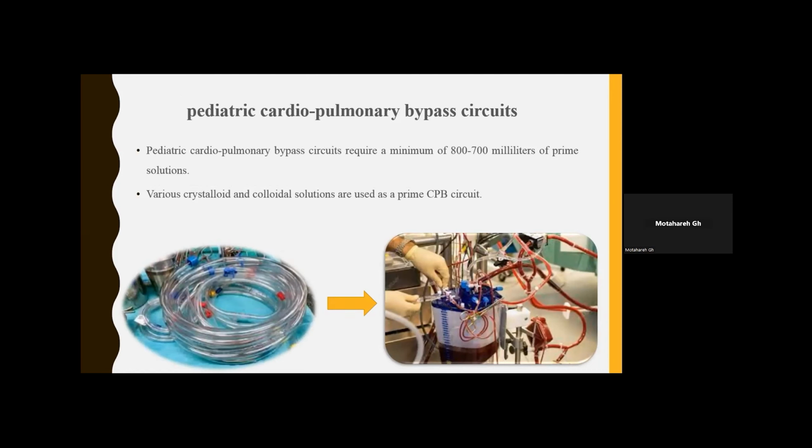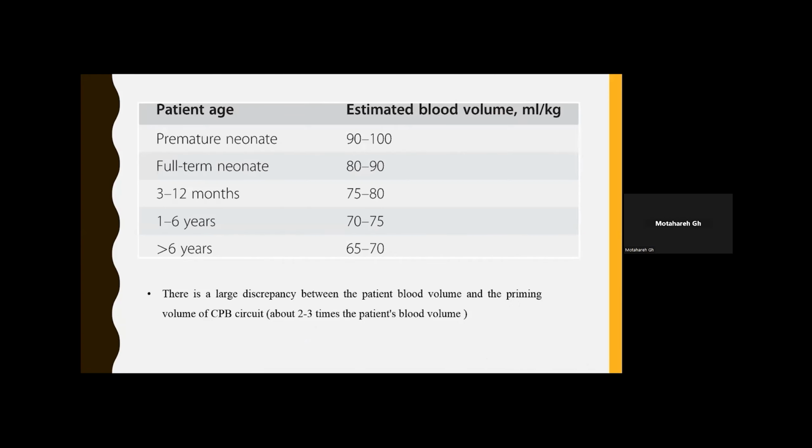Priming means the airing of the CPB circuit is done by solution. It consists of a mixture of crystalloid and colloid. Priming causes hemodilution, which improves flow during hypothermia. I must point out, children have a small body weight and blood volume. So the priming volume of CPB is a relatively large volume compared with adults, about 2 or 3 times the